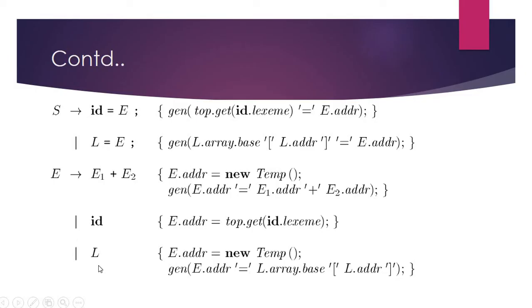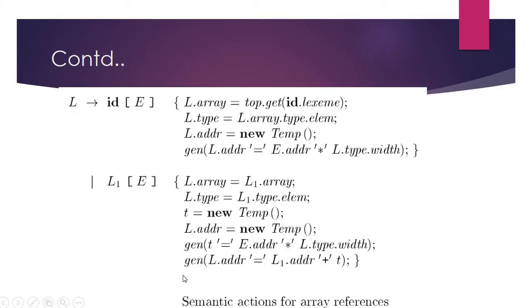The next production rule is E produces L. Here to store the value of E, we need one new temporary variable which has to be generated by the compiler. For that, the newtemp function will be used. Here L is a list of values, which is referring to the array. To retrieve the contents from the array, we need the offset value L.address, the base address of the array, and the details about where that array is. Through L.array, we'll retrieve the details from the symbol table. Now we need to generate the three address code. For that, the gen function will be used.